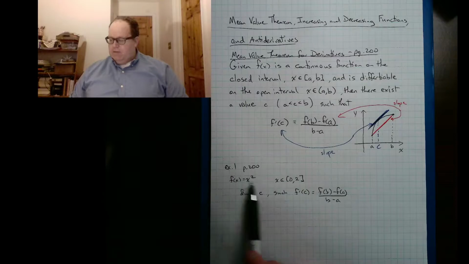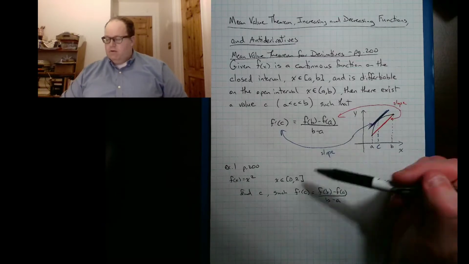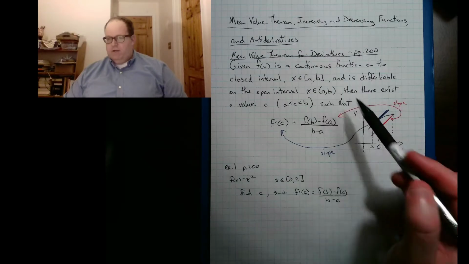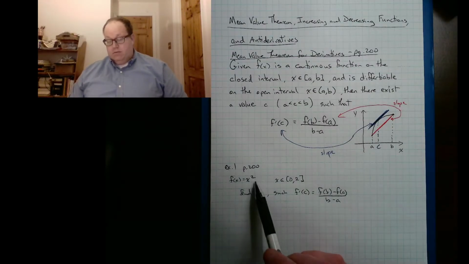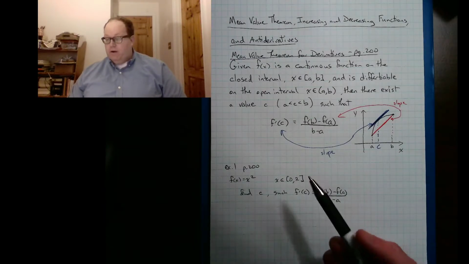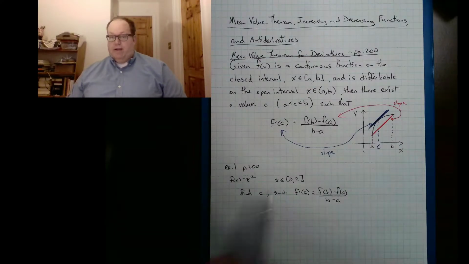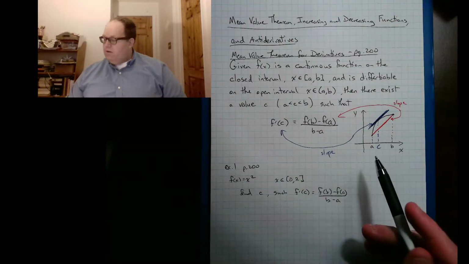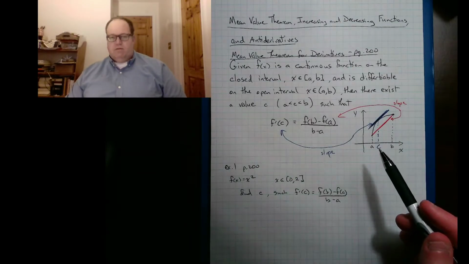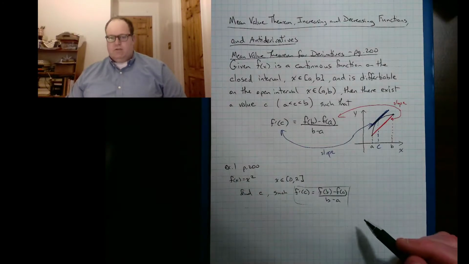So for the first statement, that this satisfies the hypothesis of the mean value theorem: to satisfy the hypothesis, the function has to be continuous on the interval and differentiable on the interval. X squared, it's a parabola, so we know that it's going to be continuous everywhere, so it's certainly continuous on that interval. And we also know that its derivative exists everywhere and is also continuous everywhere. So it satisfies the two main hypotheses of the mean value theorem for derivatives. Therefore, there's got to be some place where this exists. So let's work it out.